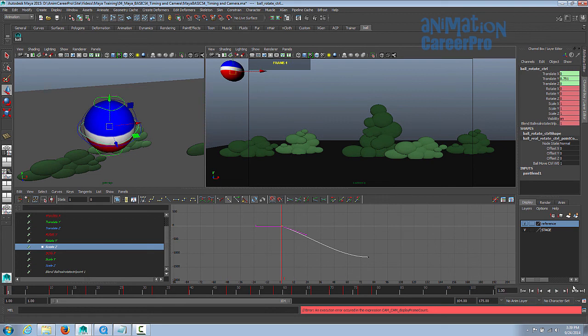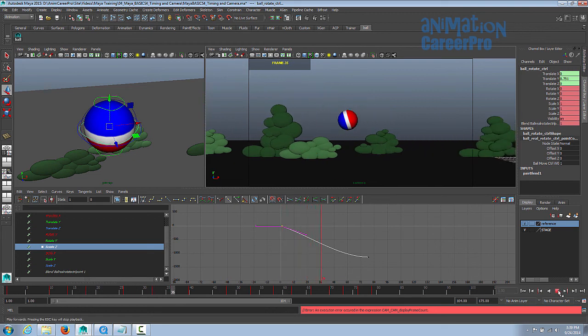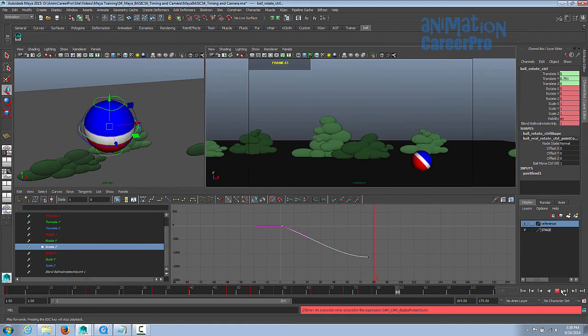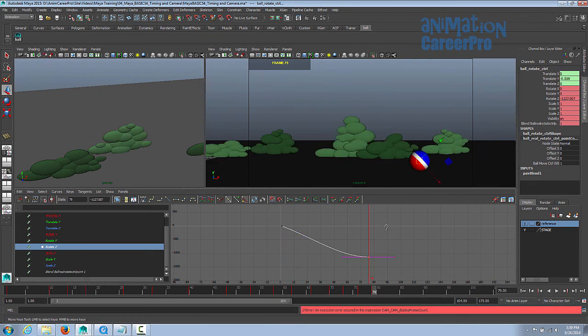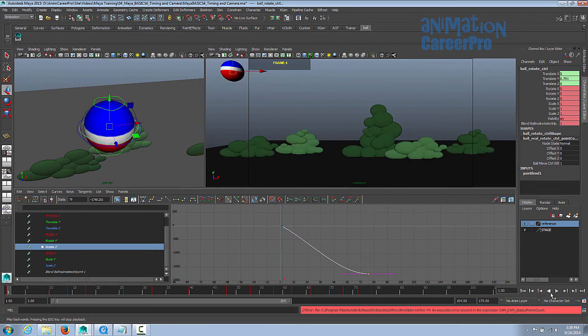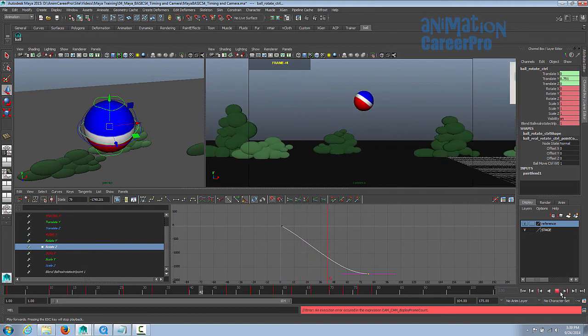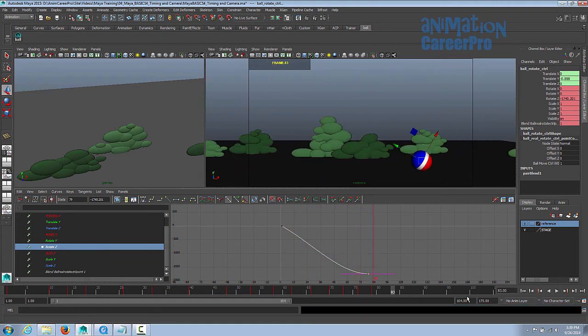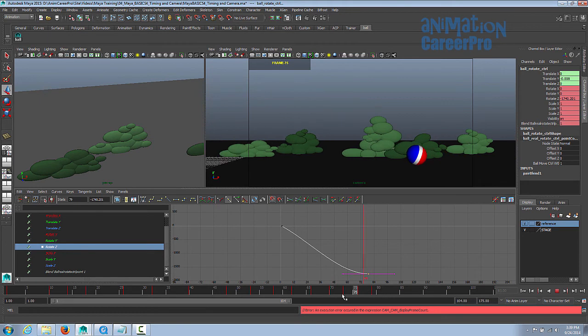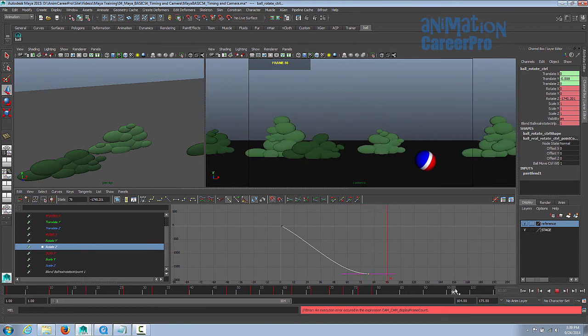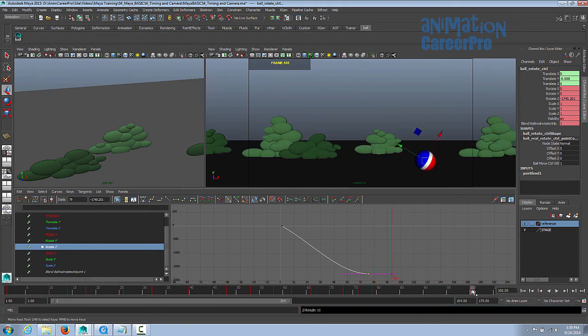So if we play that, let's check that. Okay, so it needs to spin a little bit more, and give it a few more turns, and check that out. Let's play it. Okay, so that's fine for now. So it needs to come to a settle. So we'll go all the way to 100, set a key, and we'll just bring that last one down a